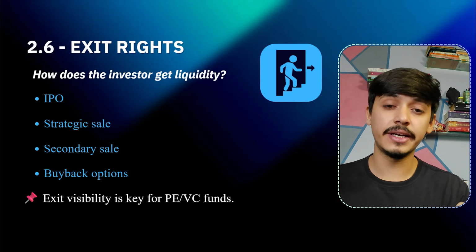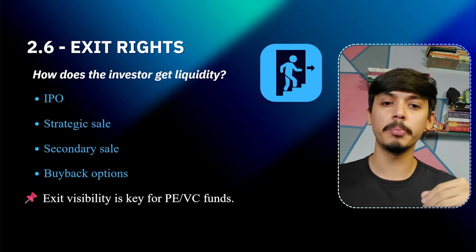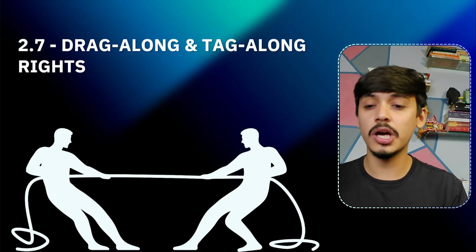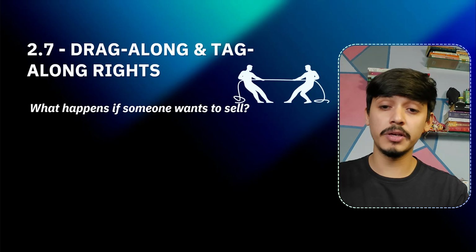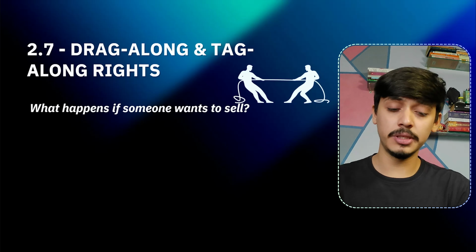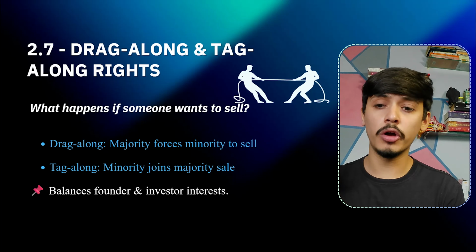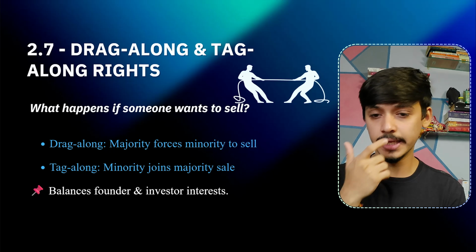So that way the exit rights are given so that investors have confidence that the company is going to make money for us. And finally, there are drag along and tag along rights, which are also very important. This helps us understand what happens if someone wants to sell. There are two parties that can sell their stake, right? One could be promoters, one could be investors. Drag along focuses on majority forces minority to sell, and tag along mentions minority joins majority sale, and it balances